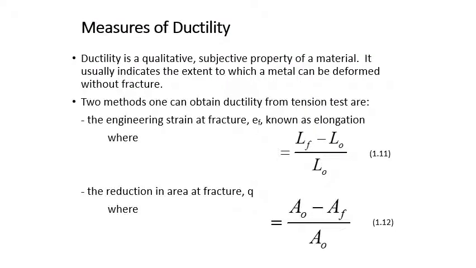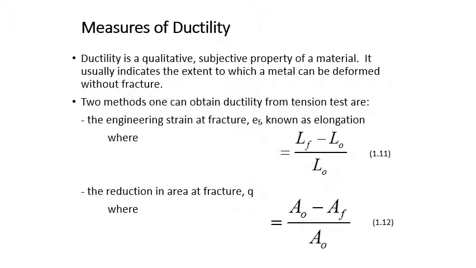In order to measure, before that, the length before fracture, the increase in the length, or the decrease in the area, that is the diameter, in other words what we call ductility and malleability. Ductility is a property by virtue of which it can be drawn into thin wires. When we draw into thin wires, there is an increase in the length but a decrease in the area. That is a measure of ductility.